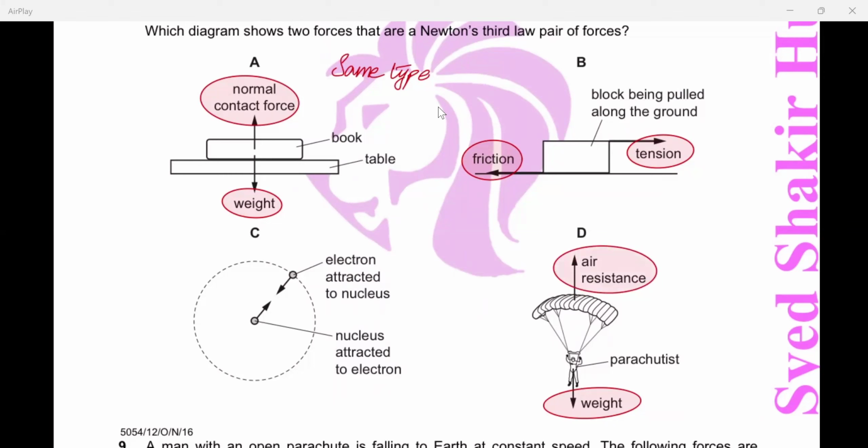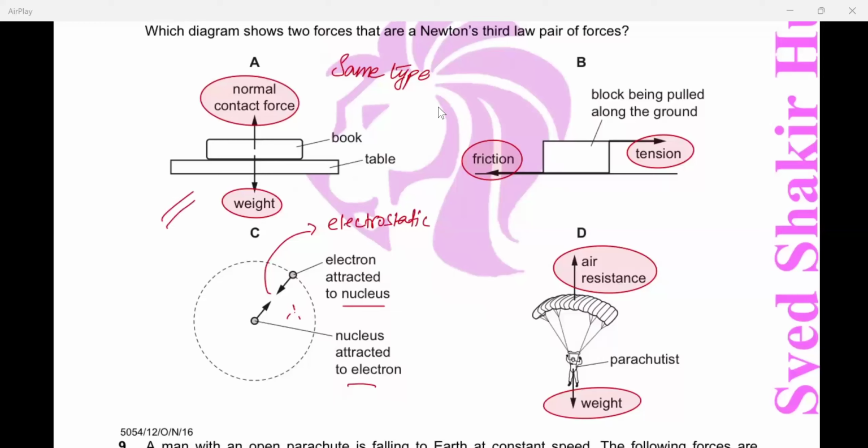They are not of the same type. हाँ, यहाँ हो सकता है। इलेक्ट्रॉन इज अट्रैक्टेड टू न्यूक्लियस, न्यूक्लियस इज अट्रैक्टेड टू इलेक्ट्रॉन। अब यहाँ पर एक ही फोर्स होती है, इलेक्ट्रोस्टैटिक। अट्रैक्शन की वजह क्या है? इलेक्ट्रोस्टैटिक फोर्स।